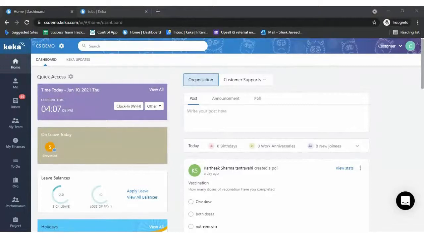So whoever feels that the screen size is very small, beside the chat bar you have the option of close chat. For a period of time, you can click on close chat so that the screen gets enlarged. I'll try to show you that button as well. Just give me a moment.